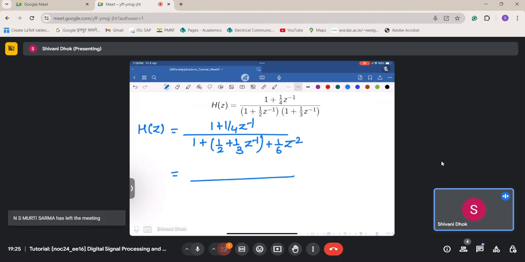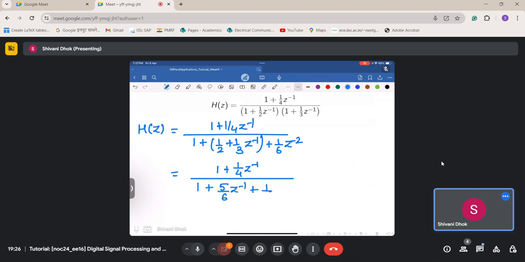This comes out to be equal to 1 plus 1 by 4 z inverse upon 1 plus 5 by 6 z inverse plus 1 by 6 z to the power minus 2. And in the lecture we had discussed that this thing is equal to summation m equal to 0 to n, and here n means